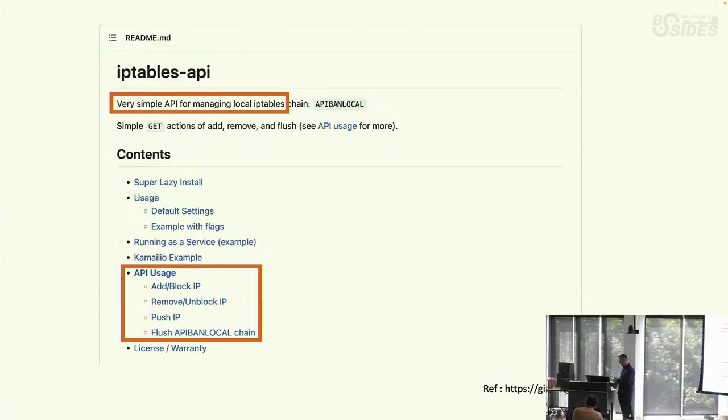IP table is pretty cool. For those of you who are not familiar with it, it's kind of a host firewall for Linux-based or whatever OS. There's someone or a group that has created a tool that allows you, through an API, to add an IP to be blocked on IP table. Okay, so now we are in the response phase, right? While the other services were more into the investigation and enrichment phase, now we are more into the response phase here.